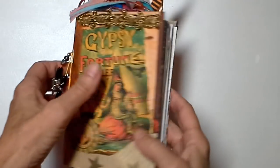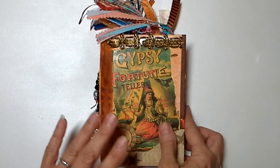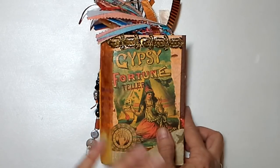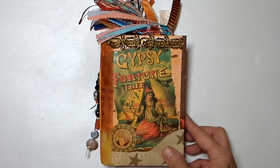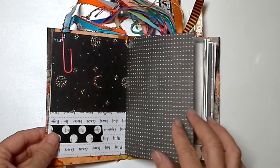These start out as a 6x9 envelope, and then I do some padding on the inside of the envelope, and then I just start layering things on, and that means paper, fiber, fabrics, ribbons, whatever comes into my little brain to put on here is what gets constructed into these books. So let's take a look inside, and basically, you guys, the books are all the same